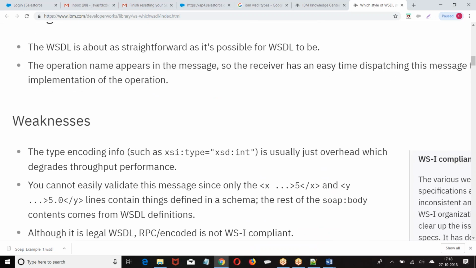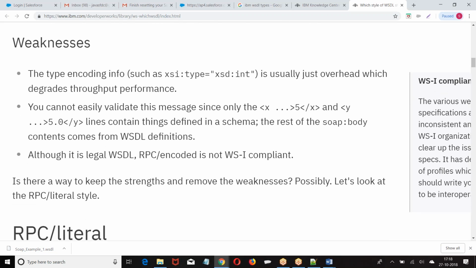Then we cannot easily validate this type of data. The validation will be done, but we cannot be as comfortable as in other formats. So validation will be a difficult part here. When you say validation, what is the maximum length of x I can enter? What is the minimum length of x I can enter? What is the format of x value? Do you have any specific format?